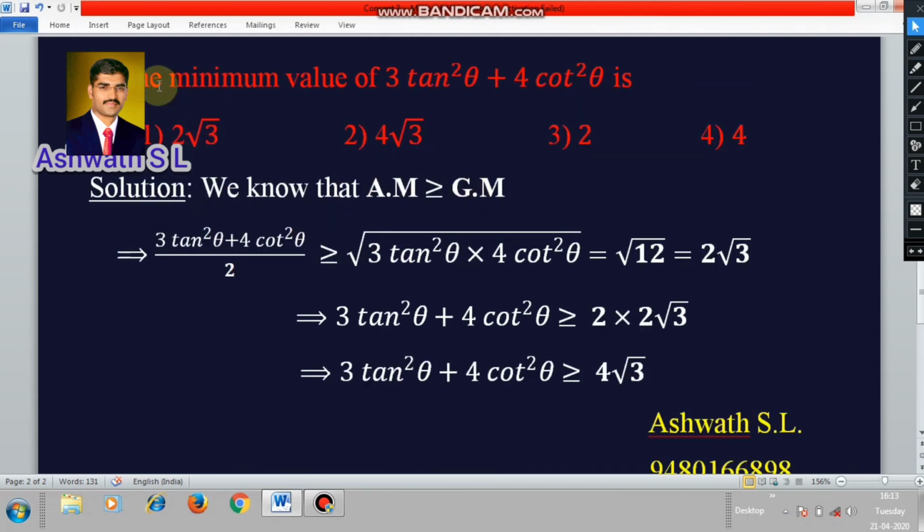Students, usually in the examination we may not come to know whether we can use this relation for this problem, because in the problem nowhere do they mention using this relation or sequences. But we can easily guess this kind of problem when they are asking for a minimum value. Because of this relation, we can easily identify the technique and use it for this problem and get the answer.